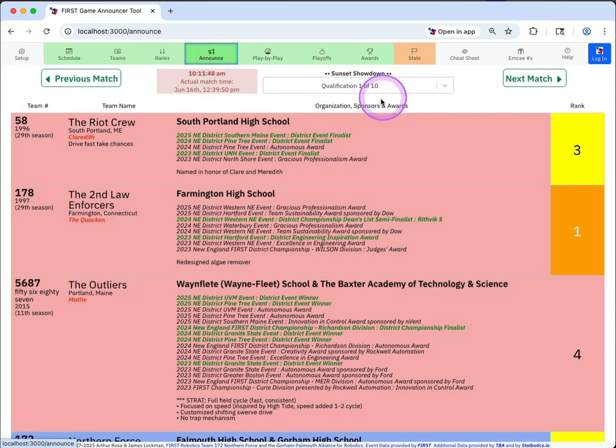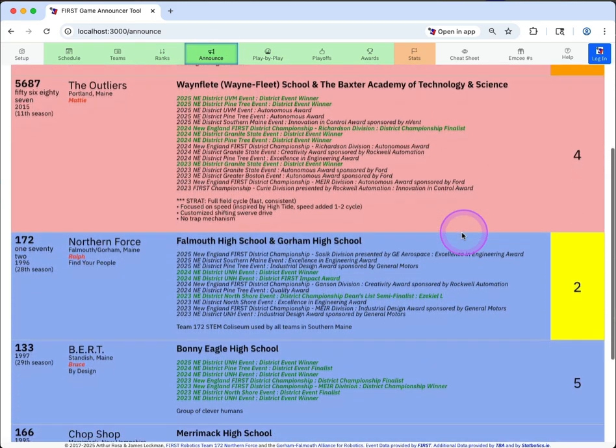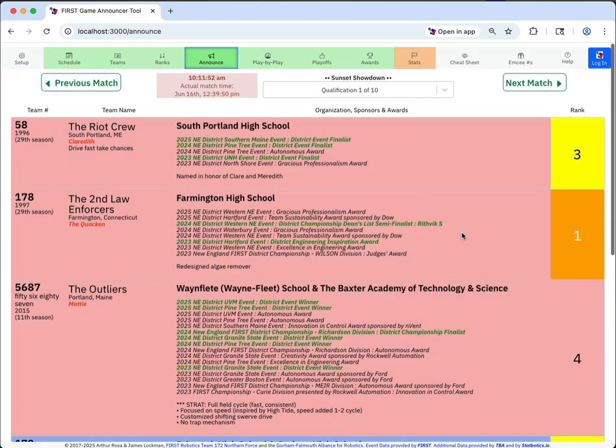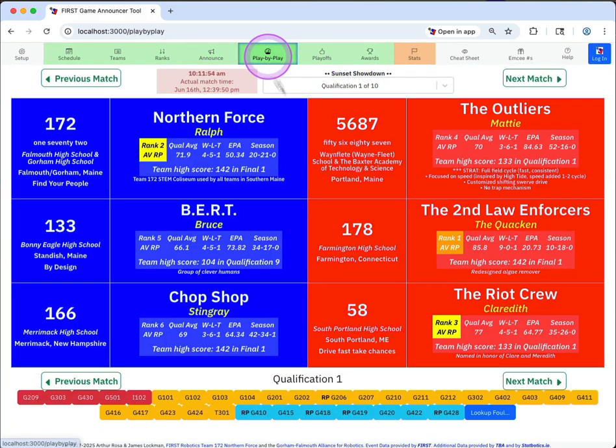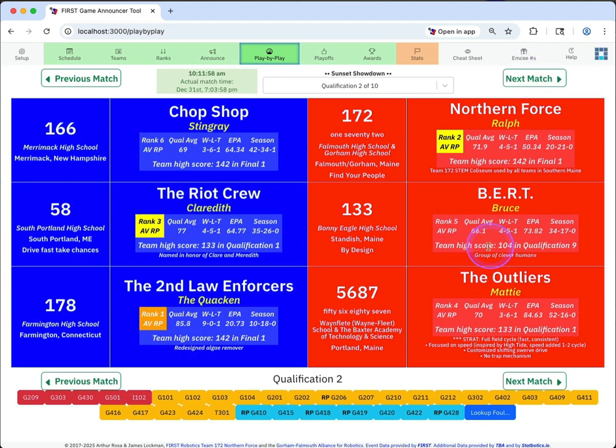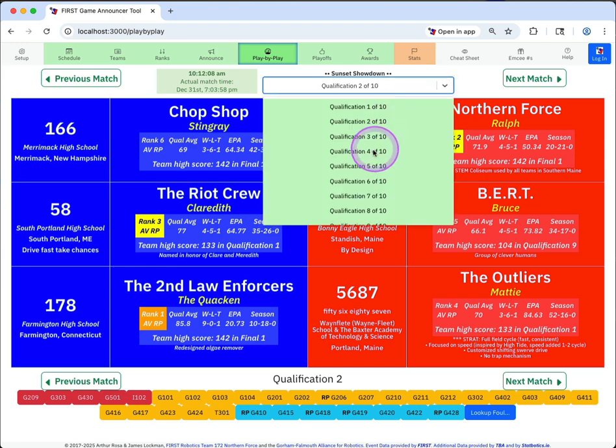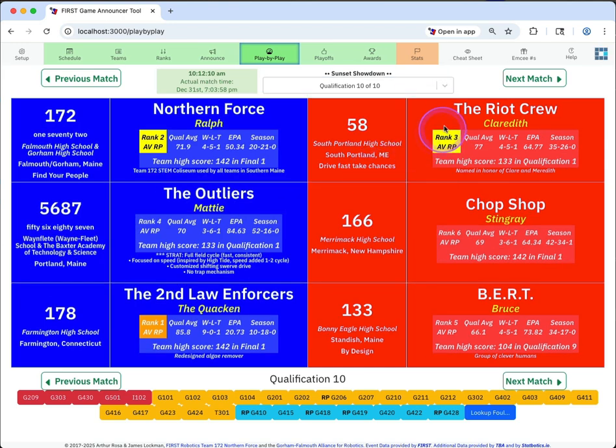If you want to announce, here's your announce screen. Everything is the same as far as GA Tool is concerned, and then also your play-by-play. So if you want to go to the next match, it's going to find the next match, and then of course as your rankings evolve, all of this stuff here in the stat section will change, which is great. You get all the way down to the end of it, and then